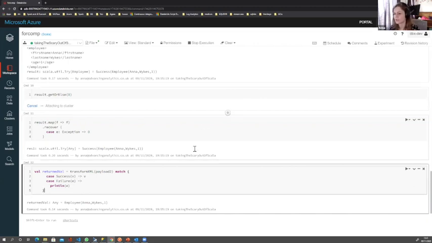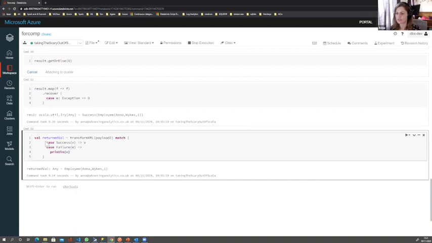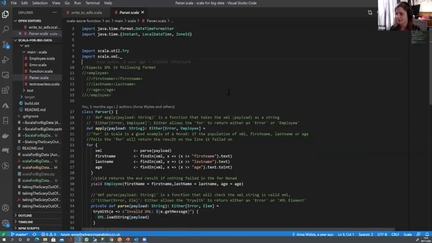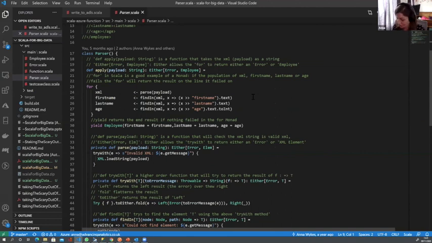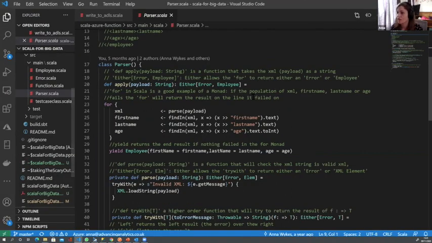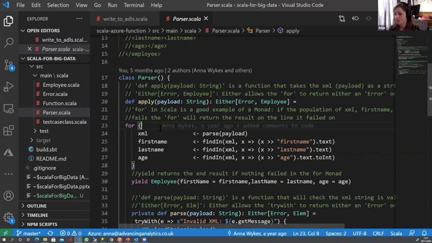Okay, right. So we've looked at for comprehensions within the context of just simplifying in a notebook. Like I said, this has come out of my day job. So what I'm going to do now is actually show you the same functionality, and please let me know if you can't see this very well, within the context of an Azure function.